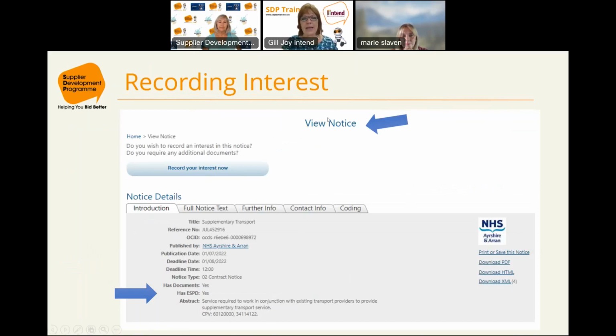At that point, then you get into the view notice. You can record your interest, but before you do that, there's a tab here called full notice text, and I would really recommend that you read through that first before you record an interest, because that's where legally the buyer has to state any, what we've referred to as, selection criteria, but that could include maybe mandatory things like a certain